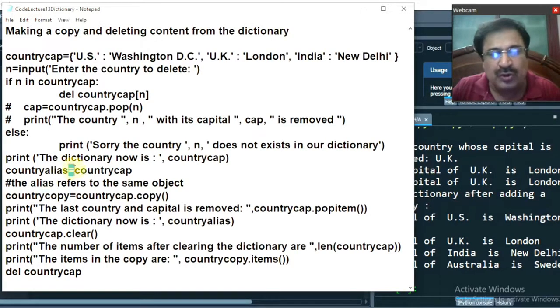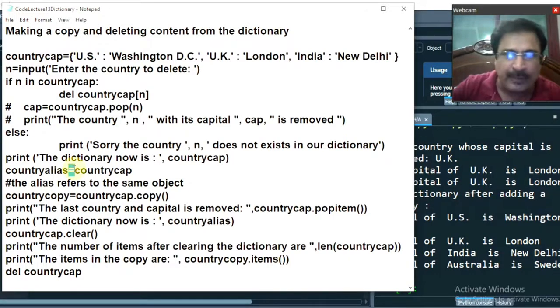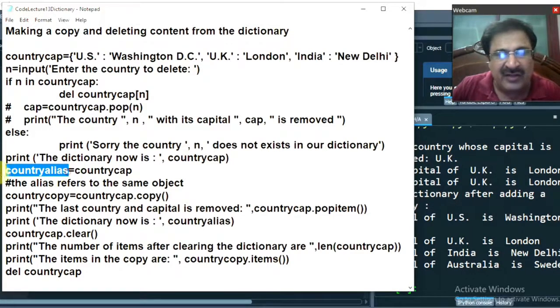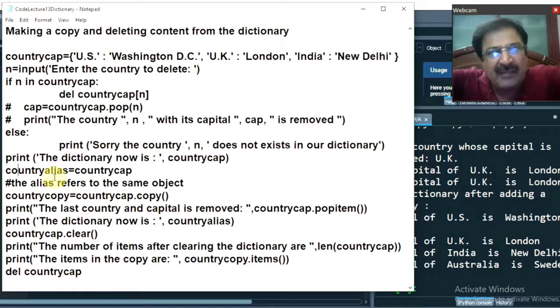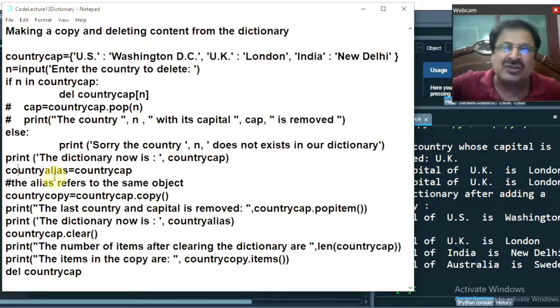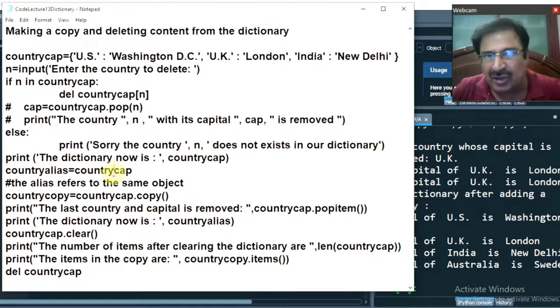But when you use this equal to, that is assignment operator, this variable on the left is alias. No new copy of the key value pairs is created, but only this variable will point to the existing objects only. So what will happen? This country cap and country alias are pointing to the same memory location. Making changes to either of them will display the effect on the other one also. Like if you make the changes to country cap dictionary object, the impact will be seen in the country alias